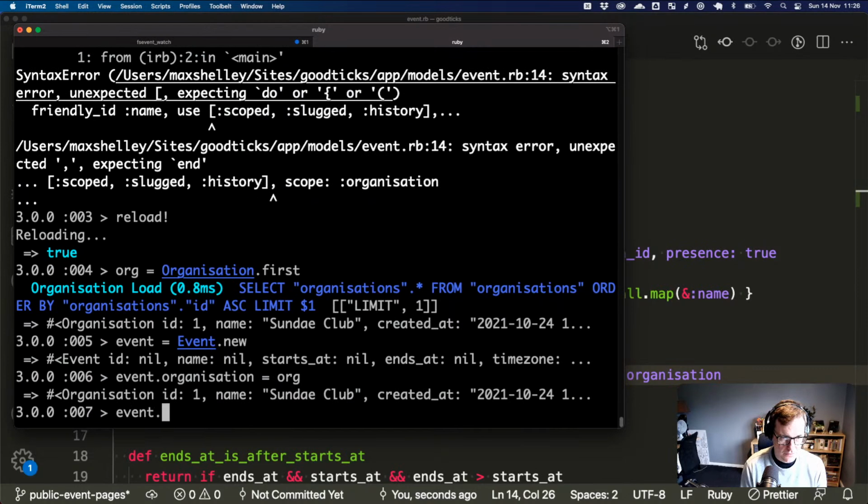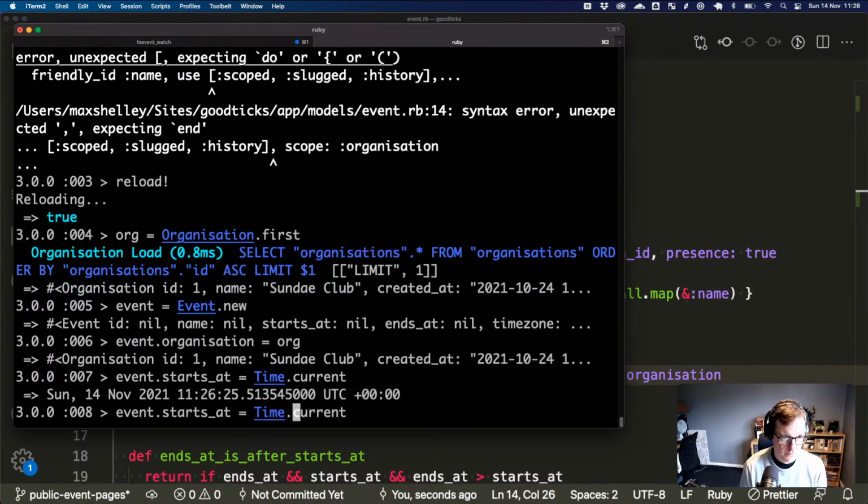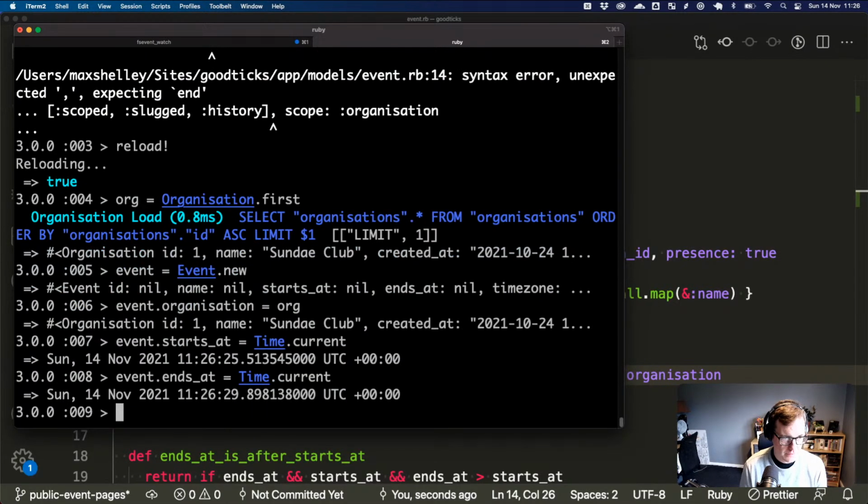And then we can do event dot starts at Time.current. Then we can do ends at Time.current. Oh no, the time zone needs to be, can the time zone just be London, I think. Gotta get some seeds and stuff.